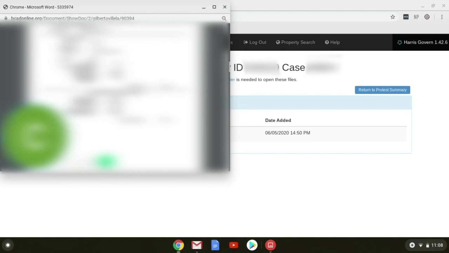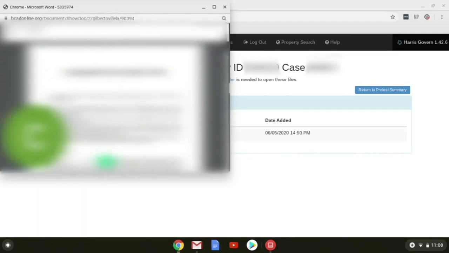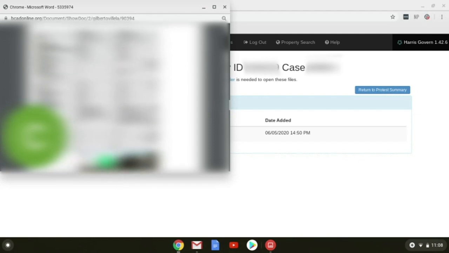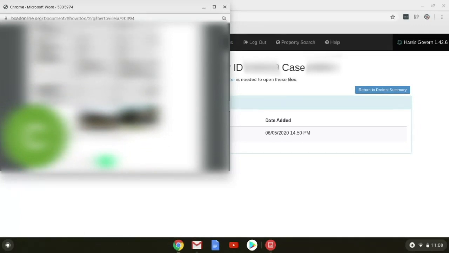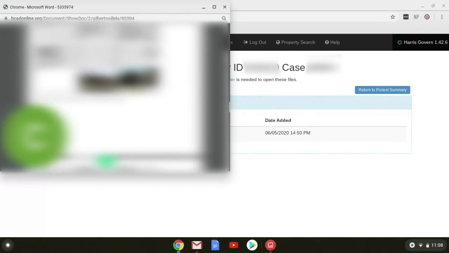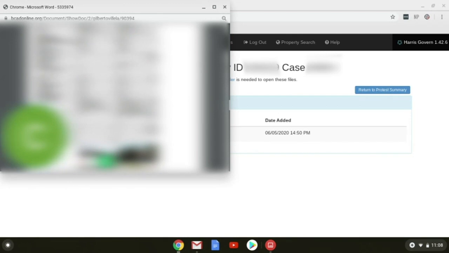Then as you scroll down, after this long list, you'll find the comps, so the comparable sales. And what they do is they just pull different home sales from your neighborhood. I don't imagine they look at them super closely, because how many homes are they having to evaluate across San Antonio? So this is where you're going to help them realize that some of the comps that they've chosen are not actually comparable to your home.